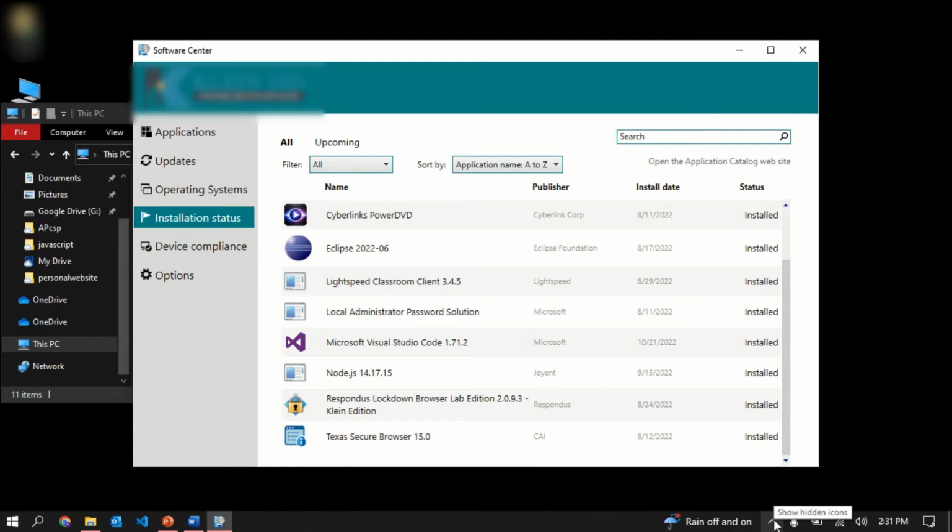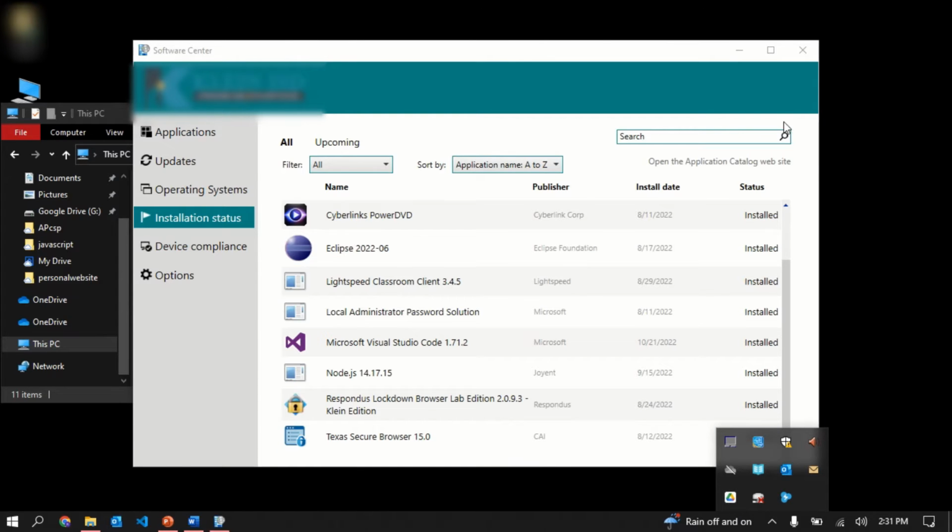but if you don't, it might just be in this little up arrow menu, so you're going to go ahead and click that, and here you see any background software over here. Over here we have Google Drive, and yours might be grayscaled. So if it's grayscaled, you're going to go ahead and click it and log in. I'm already logged in, so I'm not going to go through that,